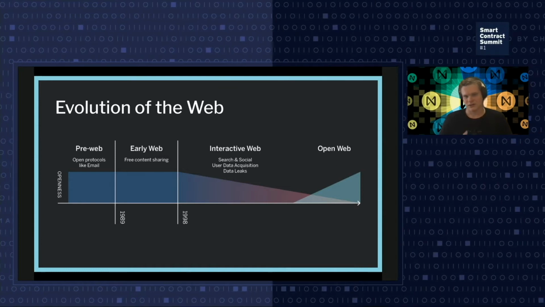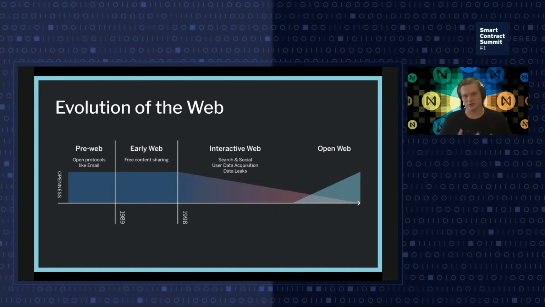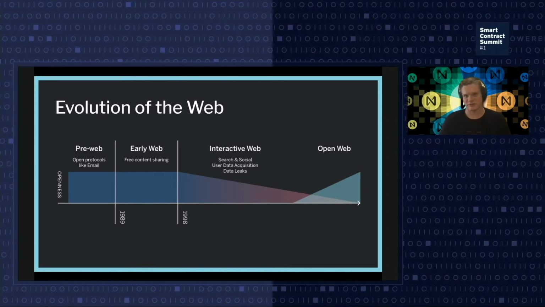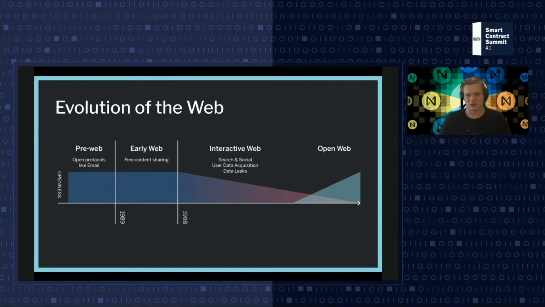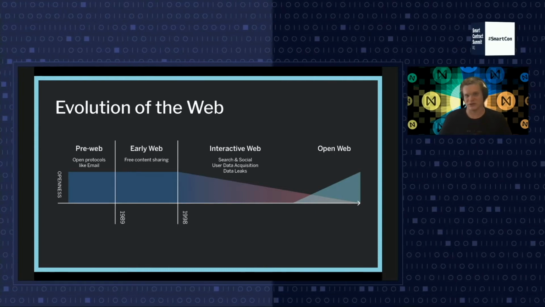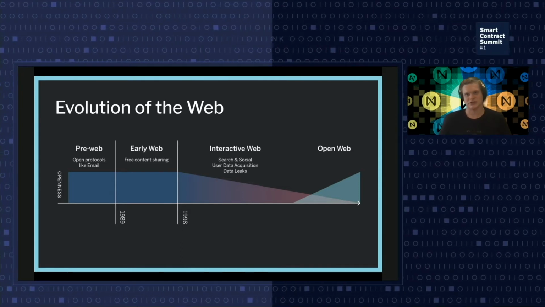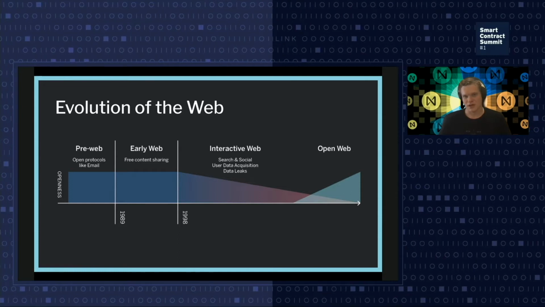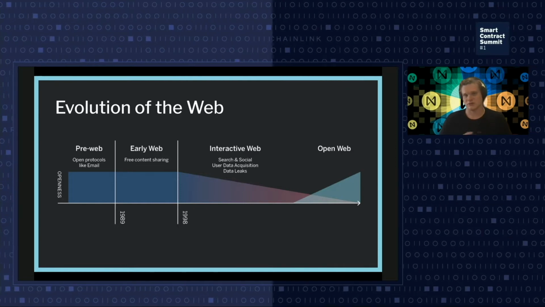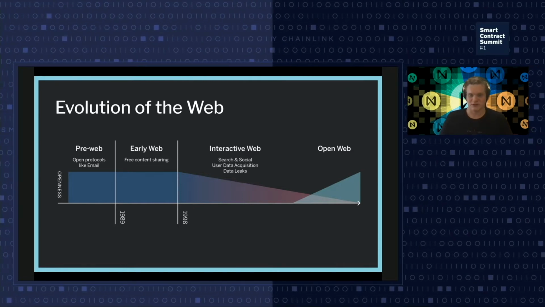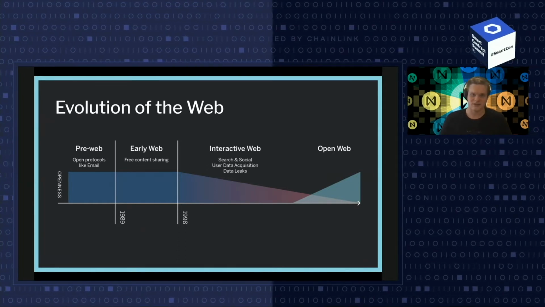Then about '89, in CERN, there was the birth of the web as we know it, the ability to share information via web pages. And that was a protocol that was invented that allowed people to really start using the internet in many ways as we know right now. But it was usually just for content sharing, right? It was to create directories and create pages. And only about '98, '97, when things started to become interactive, right? When JavaScript became available in the browsers and backends started to become more active,